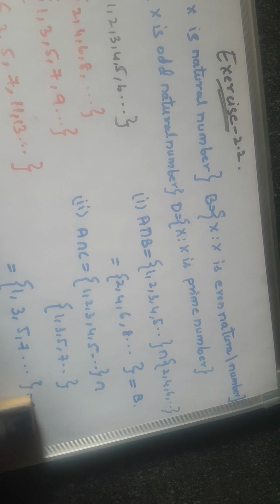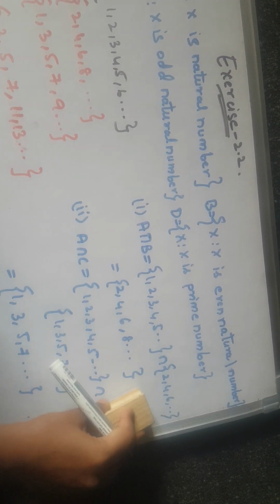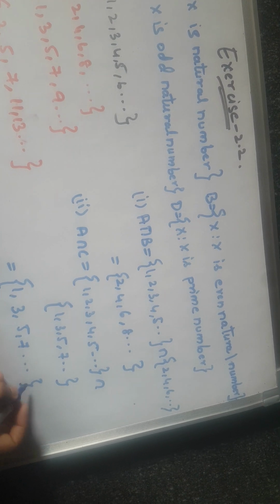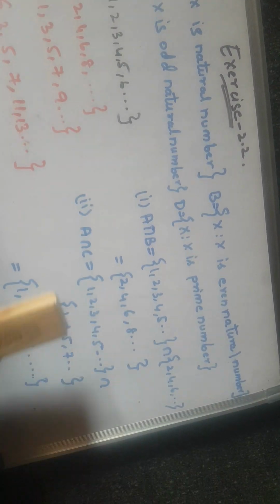But what is the answer? If you don't write C also, nothing will happen. But 1, 3, 5, 7, all the values are present in A. Comes to the next